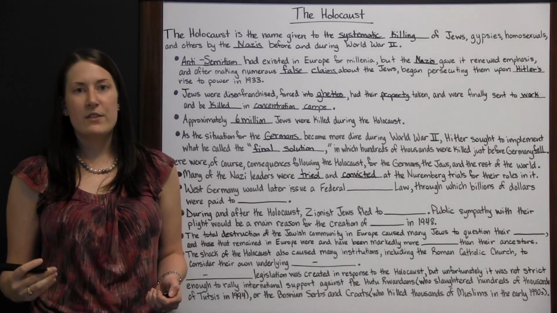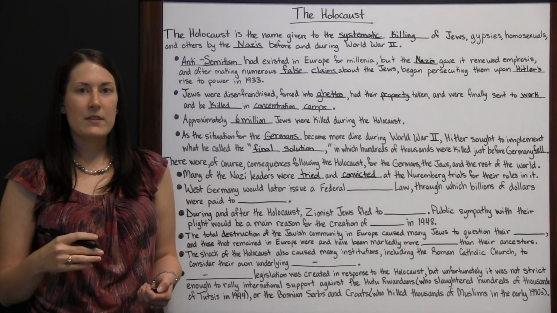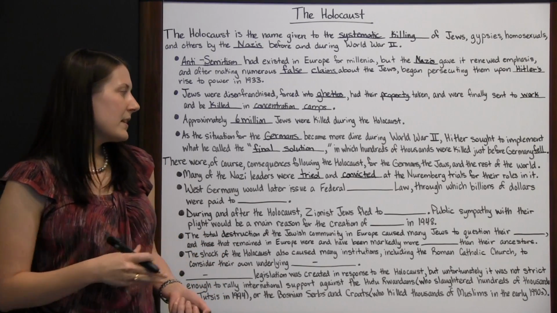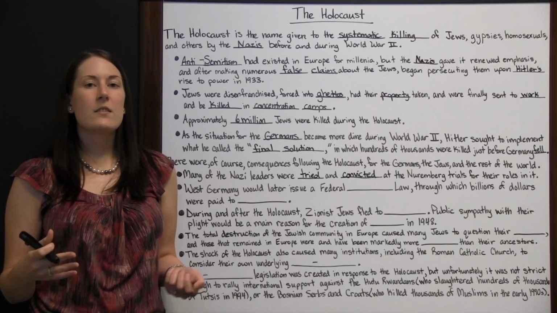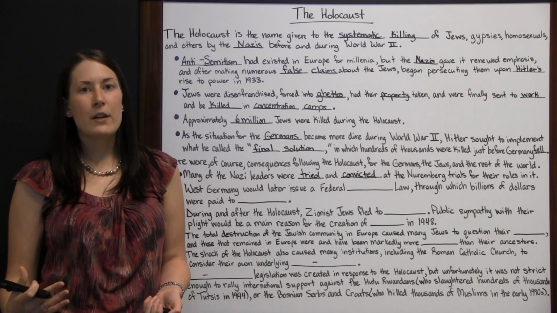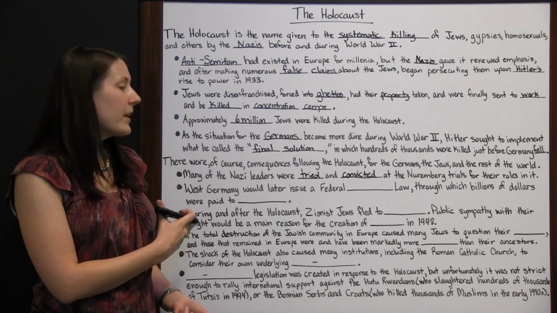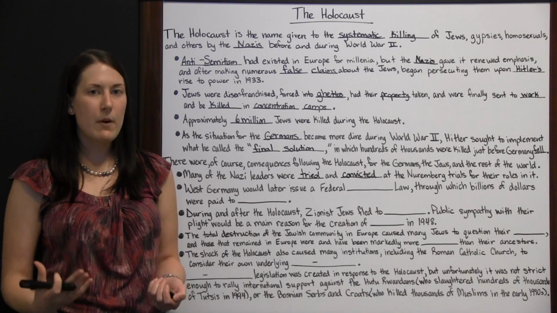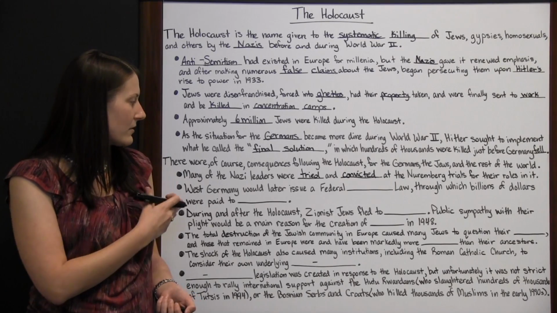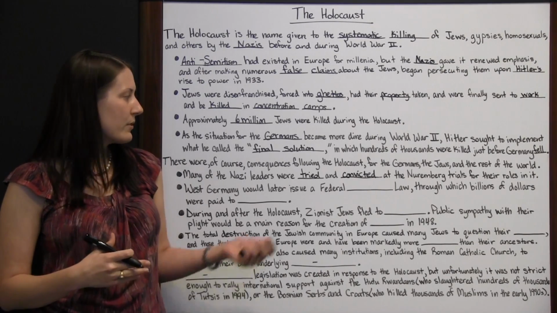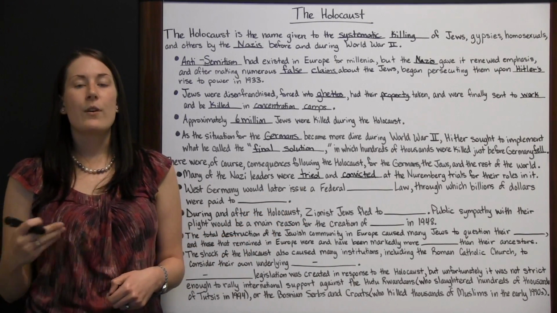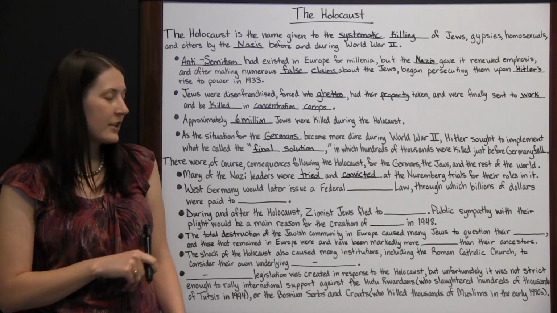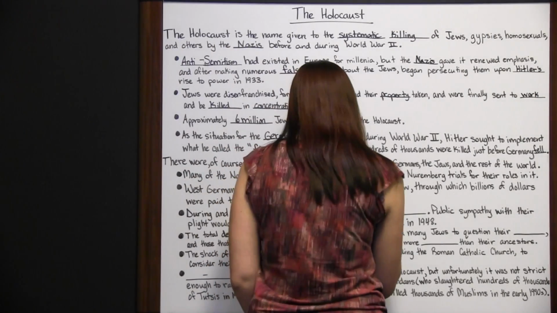So Hitler committed suicide right before the Germans fell. He saw the end was near, he committed suicide. Some of the other higher up German leaders either committed suicide themselves or they were killed before they were captured. But there were still plenty of Nazi leaders that had participated in promoting the Holocaust, promoting the killing of Jews. And so those leaders were tried and convicted at what were known as the Nuremberg trials for their roles in the Holocaust. West Germany would later issue a federal compensation law